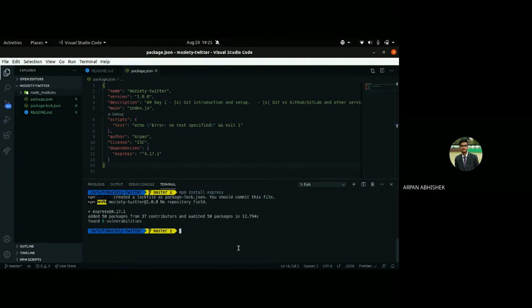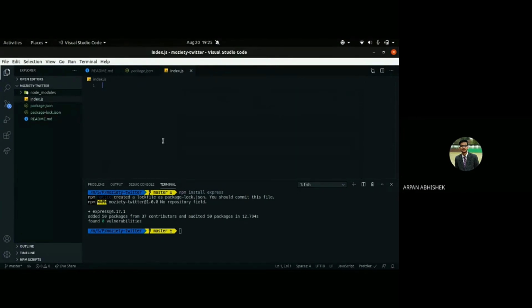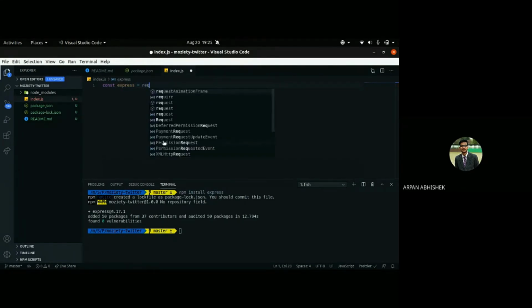Actually, you know what? Let's create an Express server and then see that in index.js. const express = require('express'). So this is how we import a package in a Node.js app.